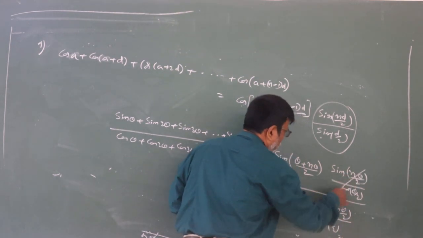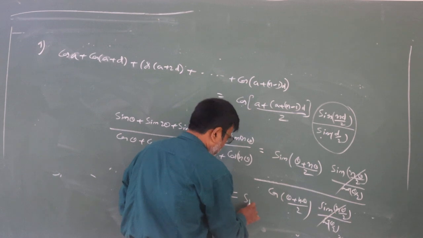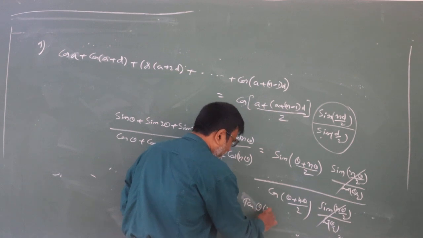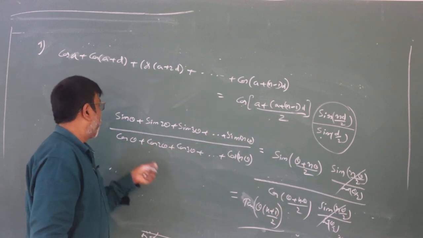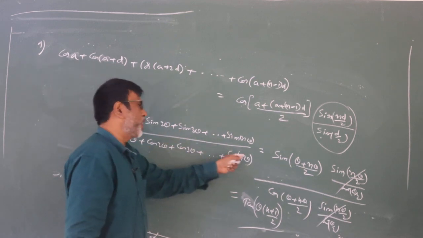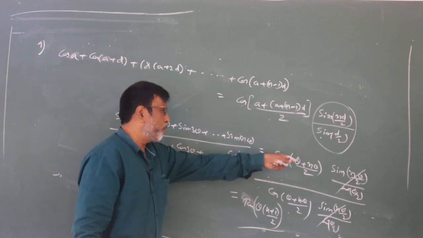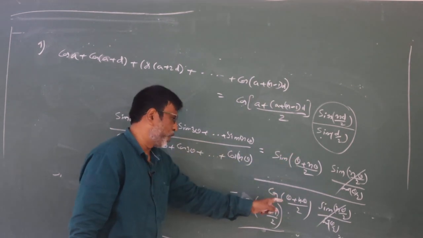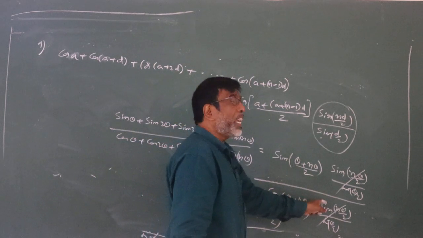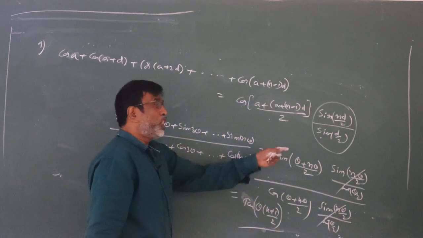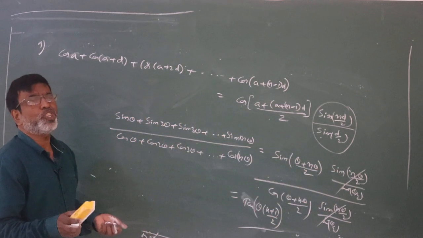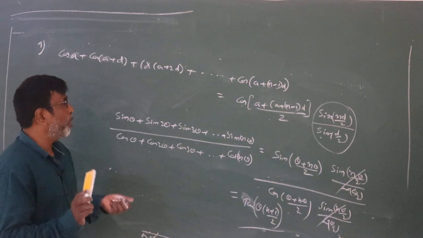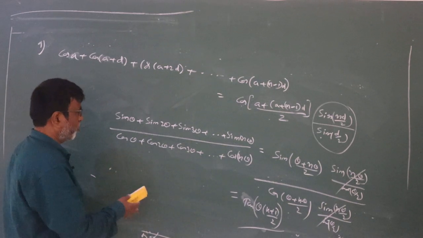So this is the formula. The common terms cancel, and sine by cos is nothing but tan of theta into (n plus 1) by 2. This is given in the options. The first term is theta, there are n terms, and the last term is n theta. According to the formula, the sine n theta by 2 by sine theta by 2 terms get cancelled, and we get tan of theta into (n plus 1) by 2. We have to remember the shortcuts, but application is most important.